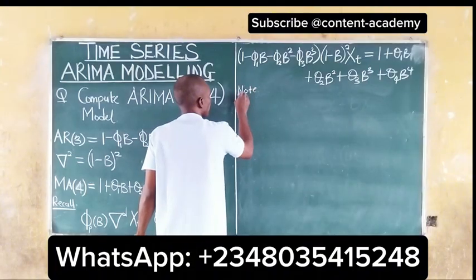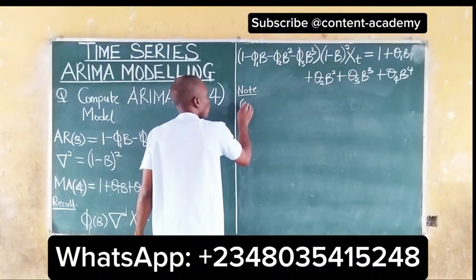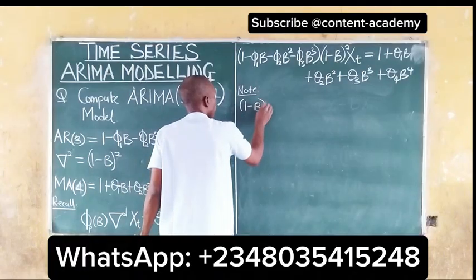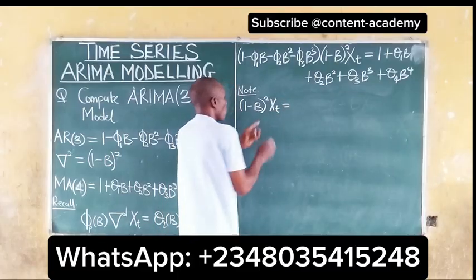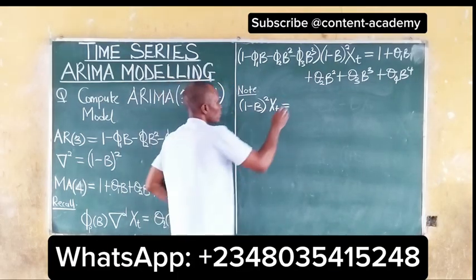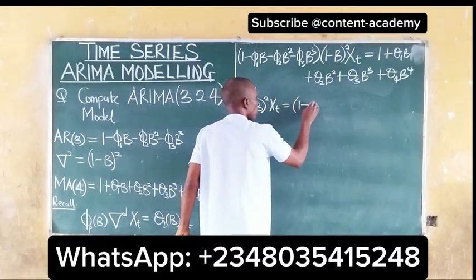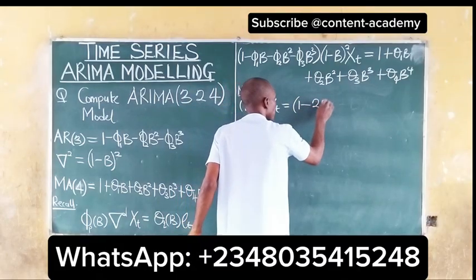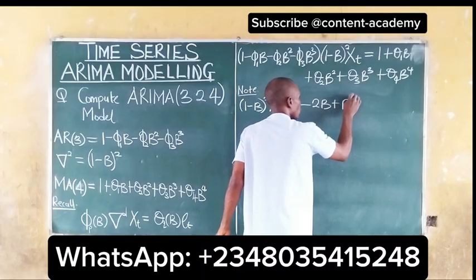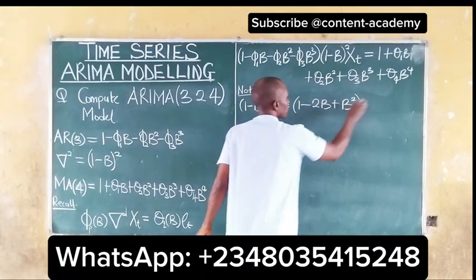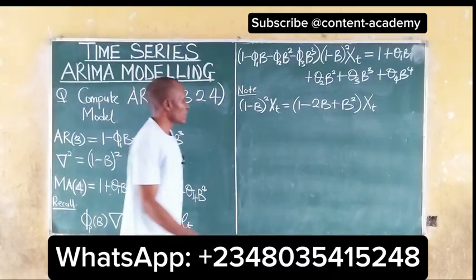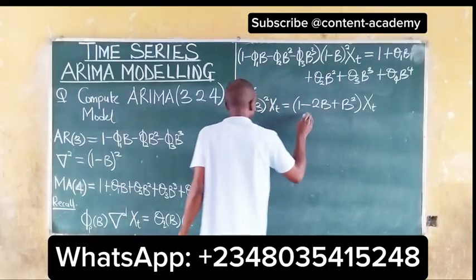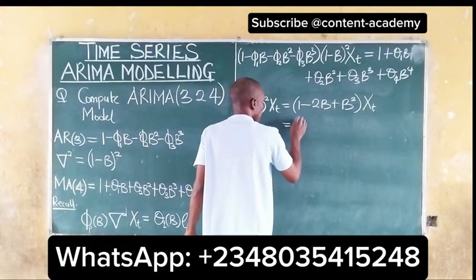We have to know that (1 - B)² Xt is equal to, from the quadratic equation, we can expand this to give us 1 - 2B + B², then multiply by Xt. We can use this Xt to multiply the whole of this to give us Xt